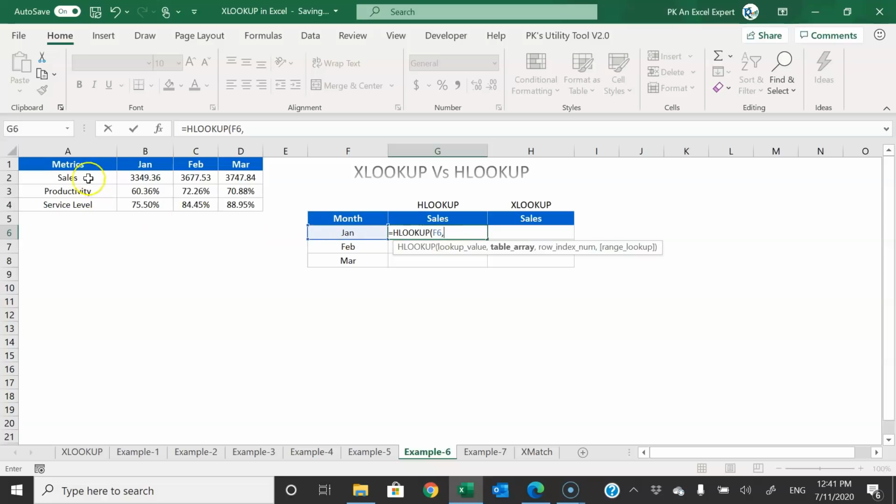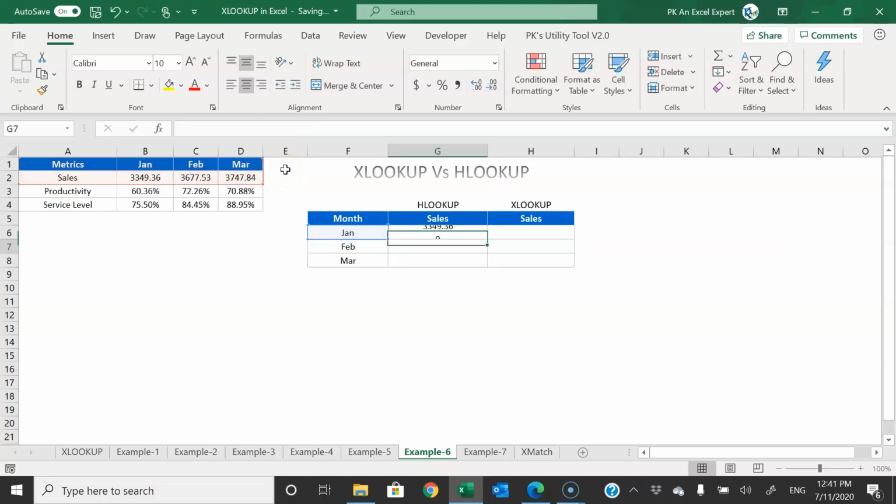Then table array, we will take this table array. And we want to get the second row. So let me freeze this first, press F4, then put 2, row number 2, comma 0. It will return the sales for Jan month, you can see here. If I fill this down, then it will return for Feb, then it will return for March.